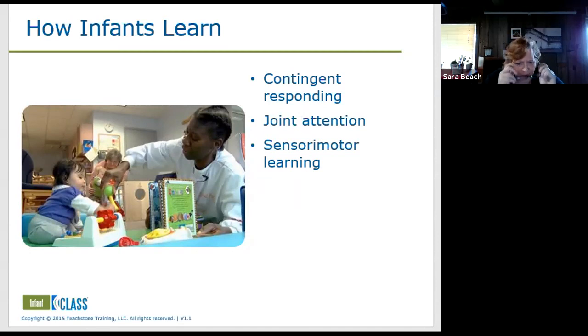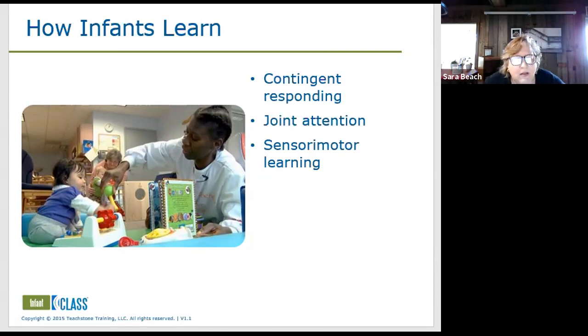I think I mentioned all three of the things on here. When a teacher gives joint attention, infants learn through joint attention. When the teacher follows the infant's gaze, they're both looking and engaging with the same object. For example, if an infant points at the ball, the teacher looks at the ball too and says, yeah, you see that ball. That's a big red ball, isn't it? That's how they take in information. The word ball is associated with what I'm looking at because we're both looking at it. Over multiple hundreds of times, they learn the word ball, and they learn the word red.